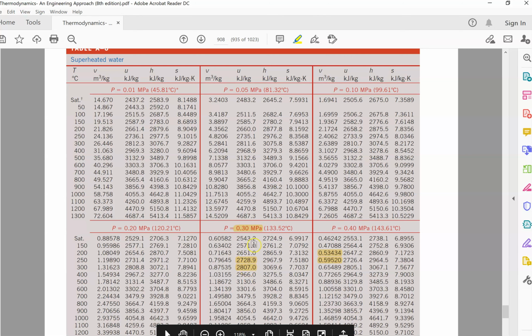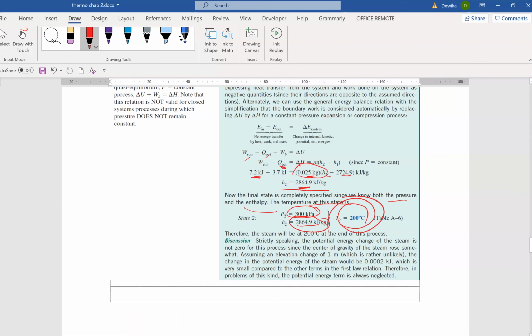2864 is actually in between, not here. It's actually between here, between 300 and 400. Yes, it's between these two. So how do you interpolate? Your interpolation has to be, okay, this is H, this is temperature, because you need to find your temperature, right? The value that you have is